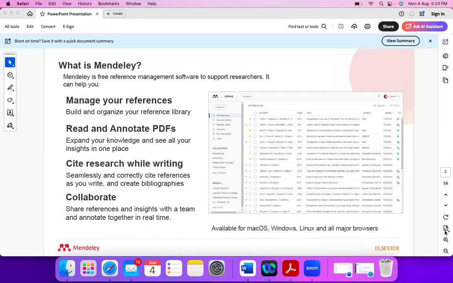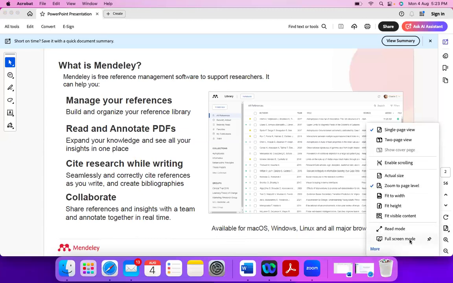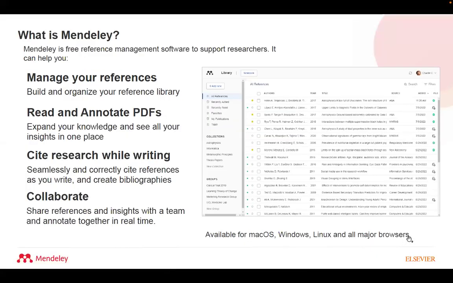As I have already told you, the reference manager will help you to manage different references. Similarly, you can have different citation generation, like cite while writing directly, while you are writing a research paper, you can directly incorporate the citation. Okay, you can use correct references wherever you need. You can create bibliographies wherever you need, and you can annotate different PDF documents. Annotate, I mean, directly you can also read, and all the references can be incorporated